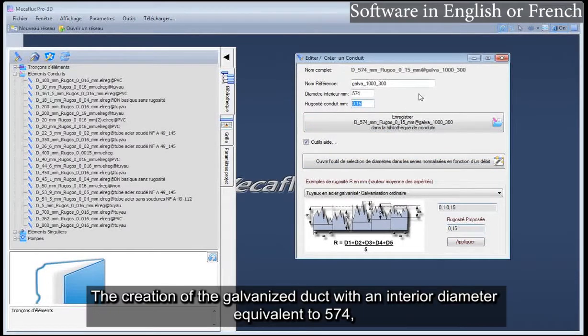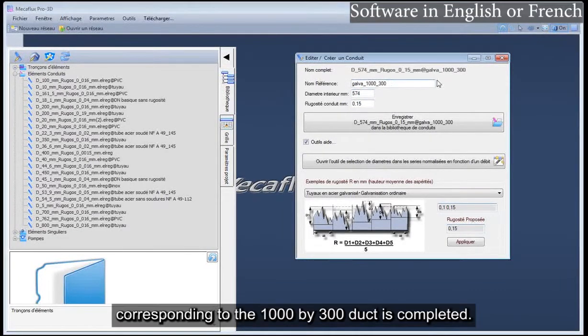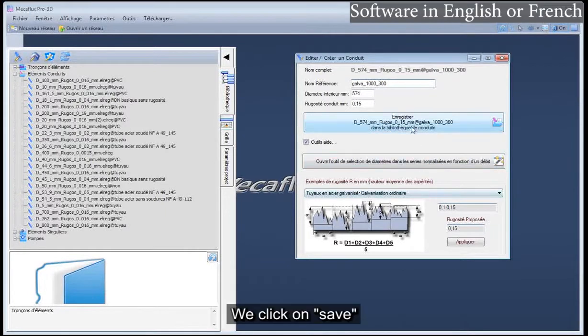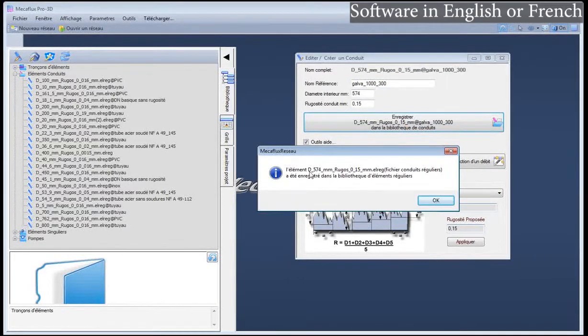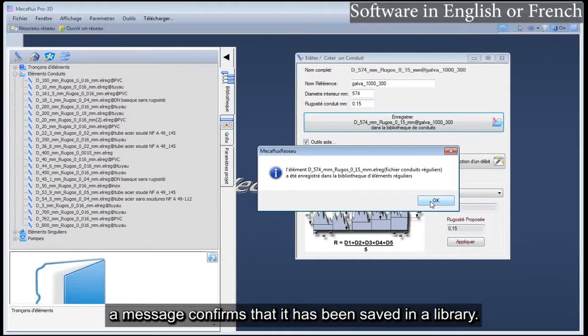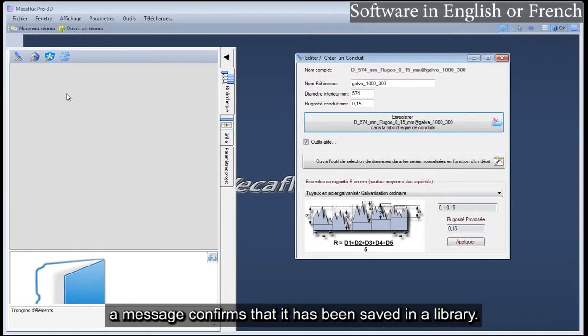The creation of the galvanized duct, with an interior diameter equivalent to 574, corresponding to the 1000 by 300 duct, is completed. We click on Save. A message confirms that it has been saved in a library.